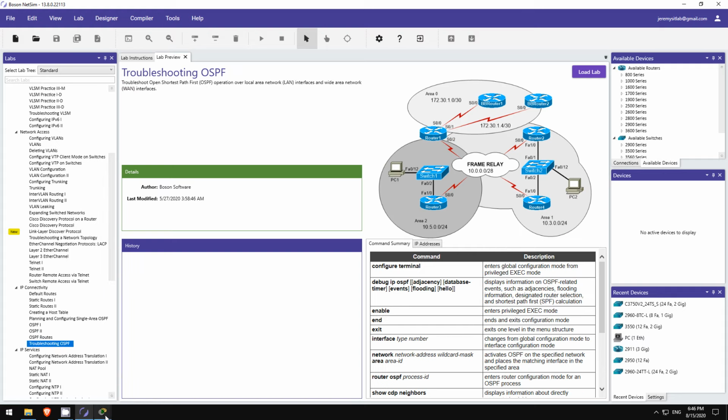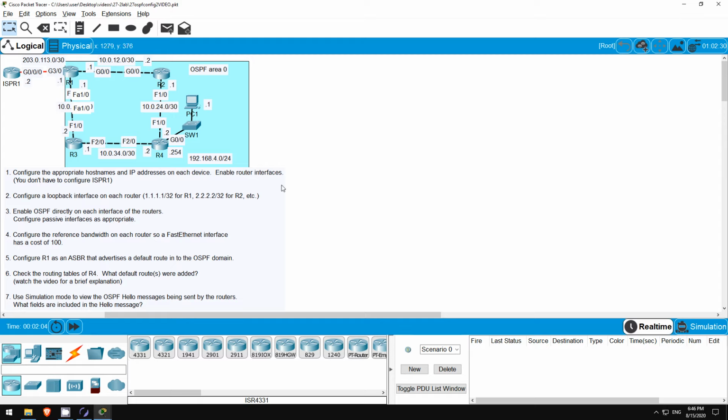In this lab, we will configure OSPF in the same network as last time, using the new configurations we learned in the lecture video. For the purpose of this video, I have already completed steps 1 and 2, which involves configuring hostnames and IP addresses. It's good to get some repetitive practice with the basics, but to keep the length of this video a little shorter, I won't show these steps in the video. So let's get right into step 3.